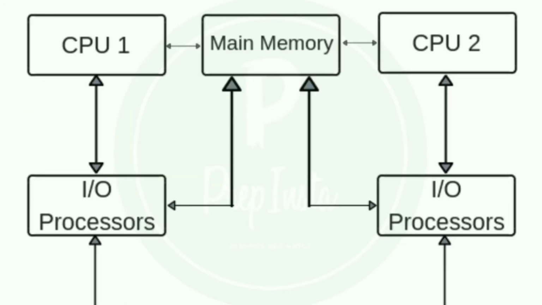And the next one is multi-processing. What is the meaning of multi-processing? Multi-programming is different, multi-processing is different. Multi-processing means a computer system which has two or more processors can run more than one program. That means it can do more than one job at a time, assigning them to different processes. Then you call it multi-processing.